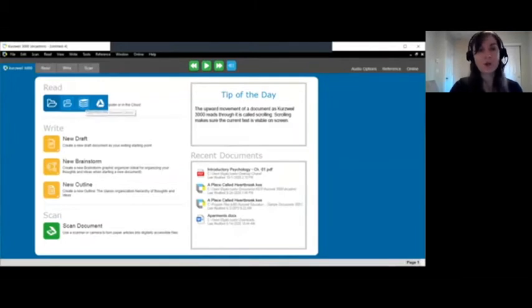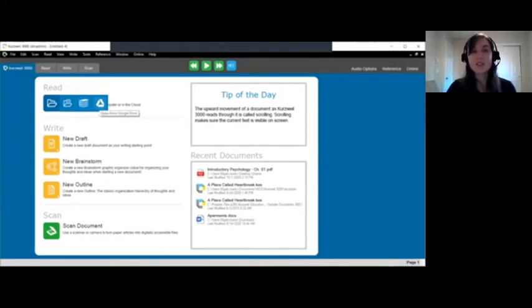There is also the Universal Library, which is Kurzweil's online storage system for Kurzweil readings. This is particularly helpful if you need to access your Kurzweil readings from another device so that you can then save it to the cloud, or you can also free up space on your computer by just saving directly to the Universal Library.